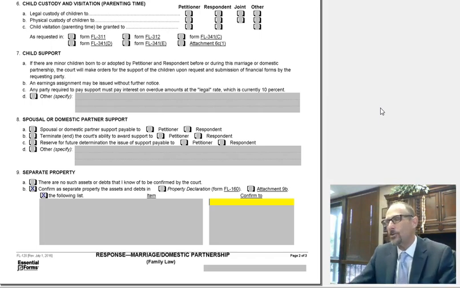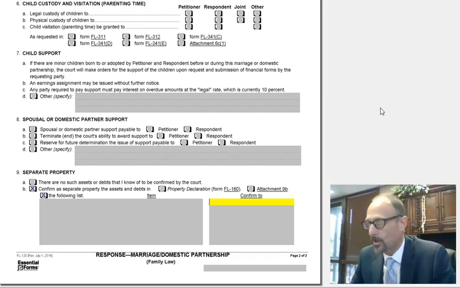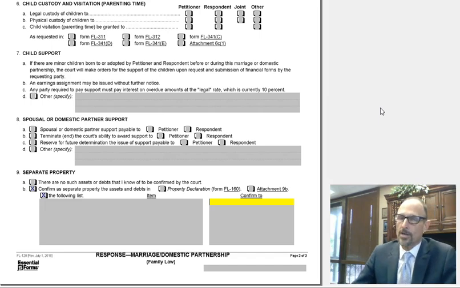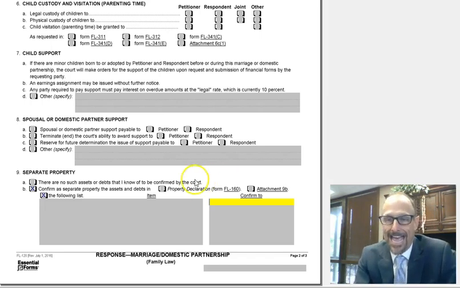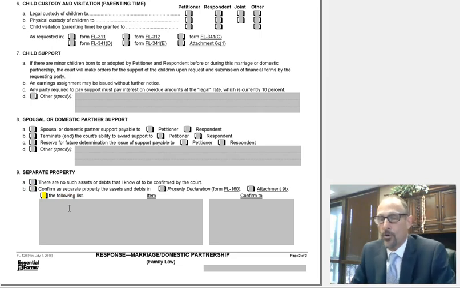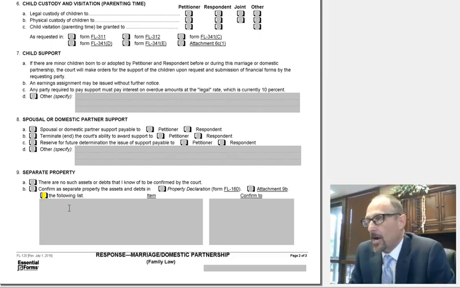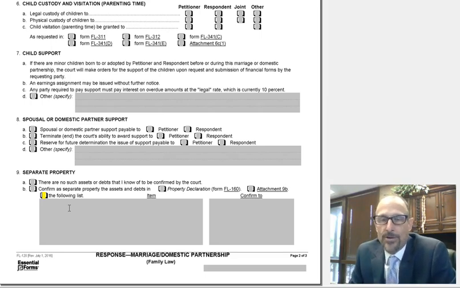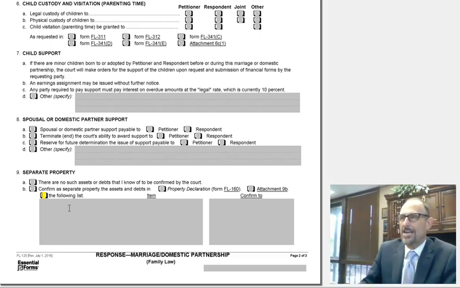That doesn't mean you absolutely need to list your toothbrush or your clothing. However, if you mark A, there are no such assets or debts that I know of to be confirmed by the court, you're literally saying, I don't own anything. I don't own any clothing. I don't own a toothbrush. So it is better to mark B,